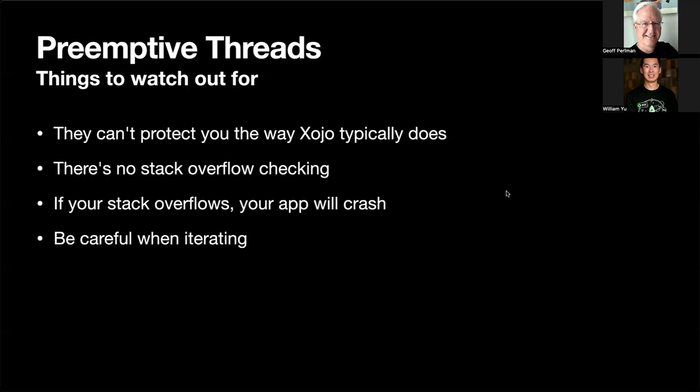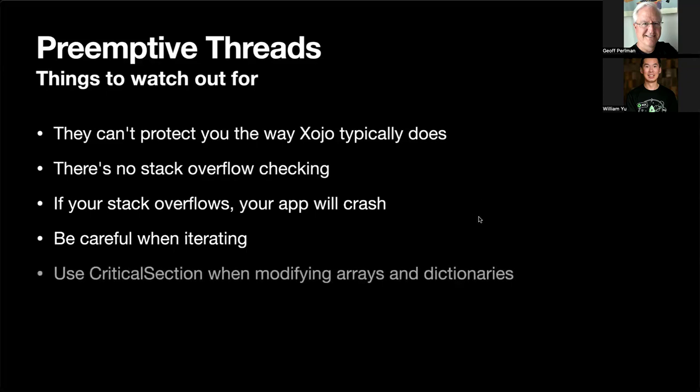And of course, as I said, be careful when iterating. Iterators are great. They're one of my favorite features that we've added to Xojo. But when it comes to preemptive threads, you just have to be a little more careful when you're using iterators. And when you're modifying things, especially arrays and dictionaries, make sure to use critical section. As you saw in the example, it's really super easy to use. I mean, you create one, you call the enter method, and then you do your code and you call leave